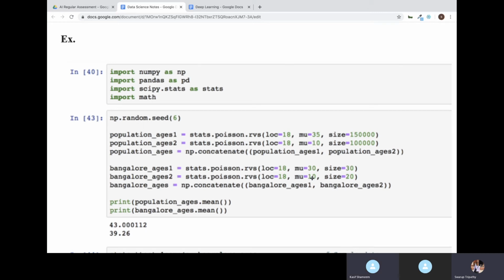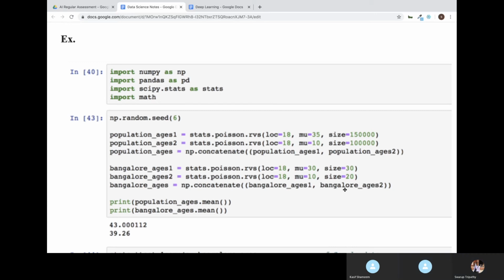For the same thing you should get the same values. For me, same values are coming. No, but for me, it's coming different. Cross check, something is missing. Just cross check this MU. You have given the right MUs? Have you given 35, 10, the other one 30 and 10? Yeah, everything is correct. There will be some mistake. np.random.seed you have given 6.